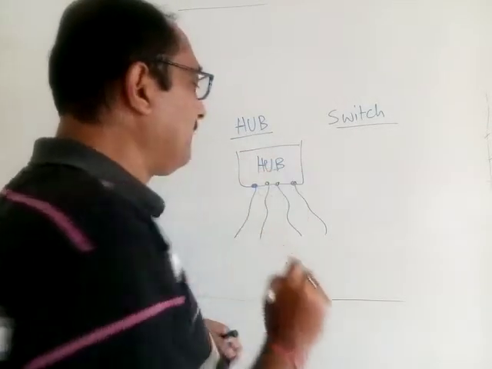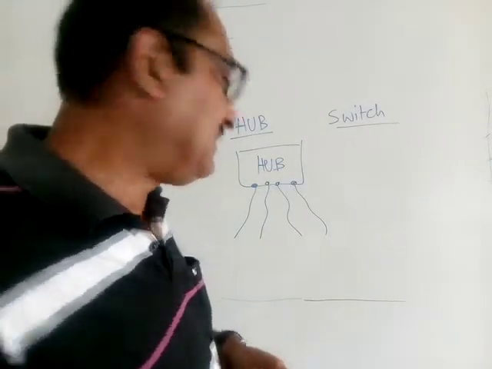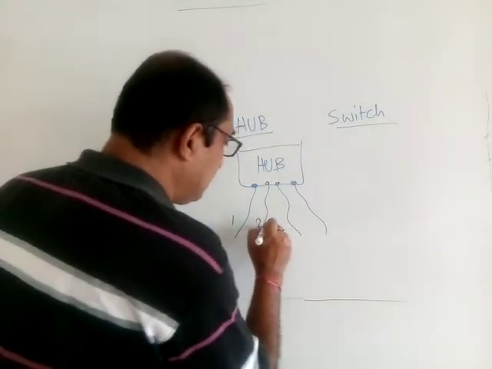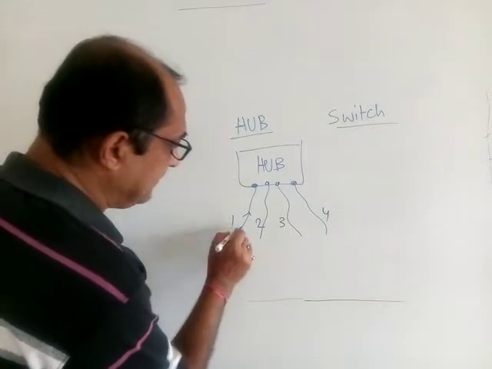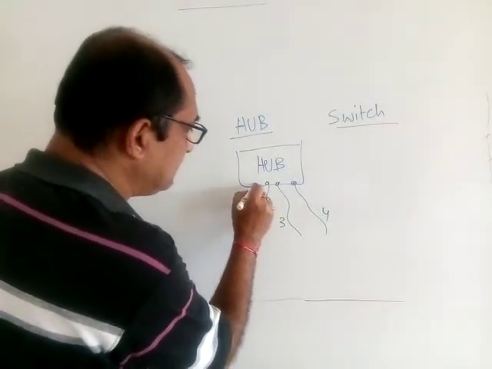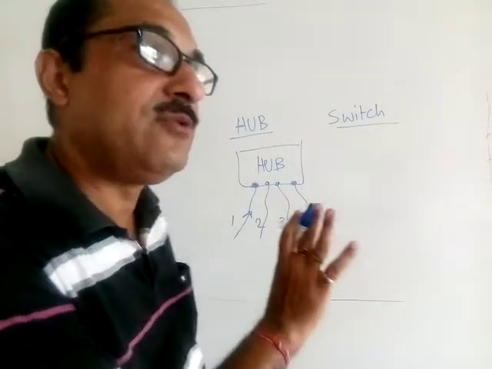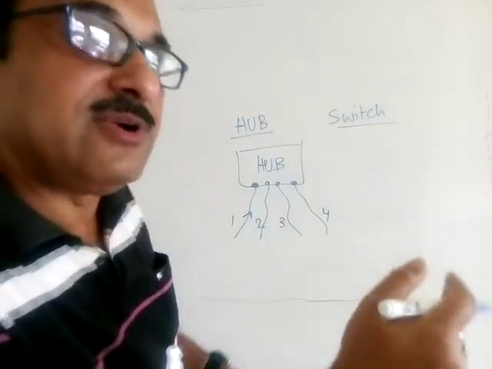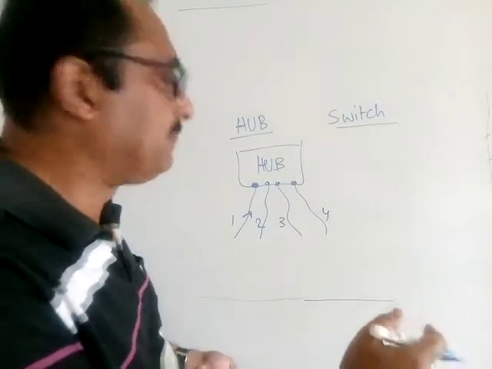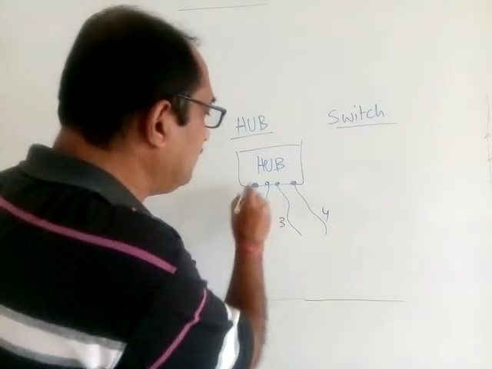Now what will happen if a particular message is being sent? This is number 1, number 2, number 3, number 4. Say computer 1 has sent a message. It is coming to this port. Now it is meant, say, only for 4. Number 1 said that I want to send a message to number 4. A particular message or a file is going to go to 4.